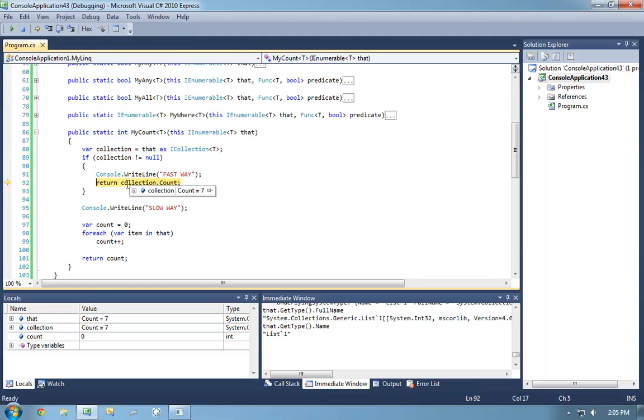And the great thing about Collection.Count is that this is typically going to be implemented in a very fast way. Generally, collections keep track of how many items are in the collection. So a list keeps track of how many items are there in the list. A linked list keeps track of how many items are in the list. So to ask a collection to give us the count, we get a very fast bit of execution because it simply has to return a variable to us.